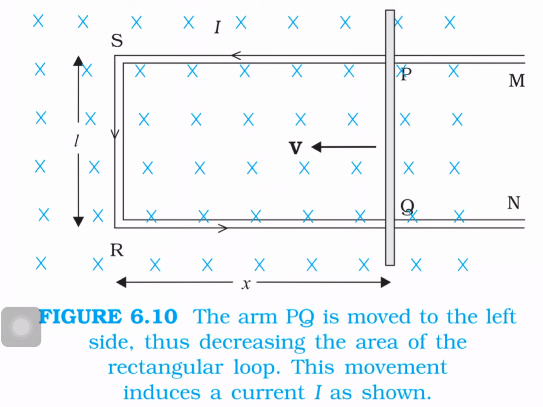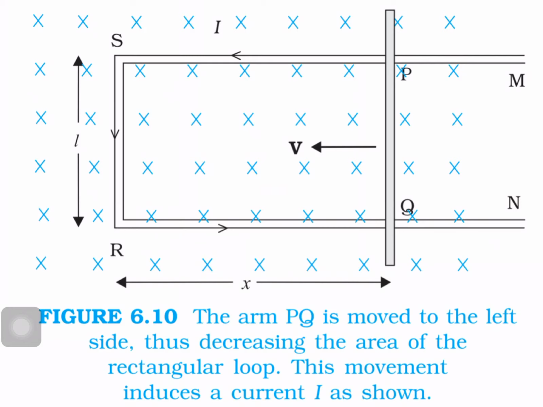If the charges move in a magnetic field, imagine PQ is a conductor having some charges which is moved with some velocity towards RS. According to Lorentz's statement, any charge moving in a magnetic field experiences a force,